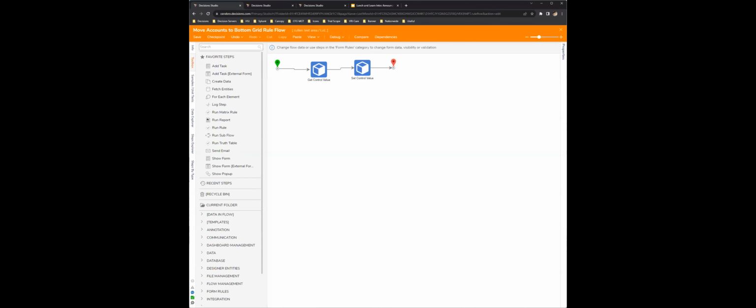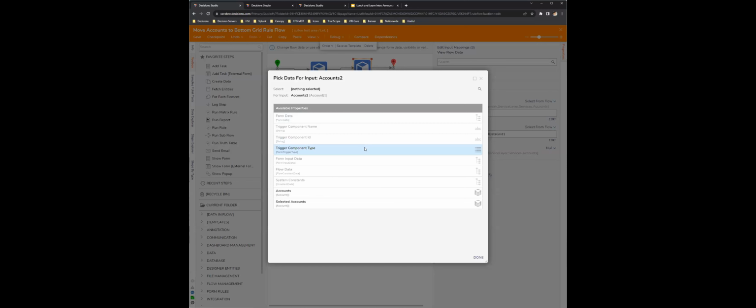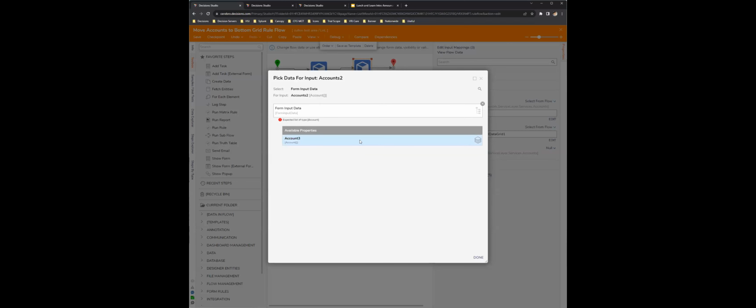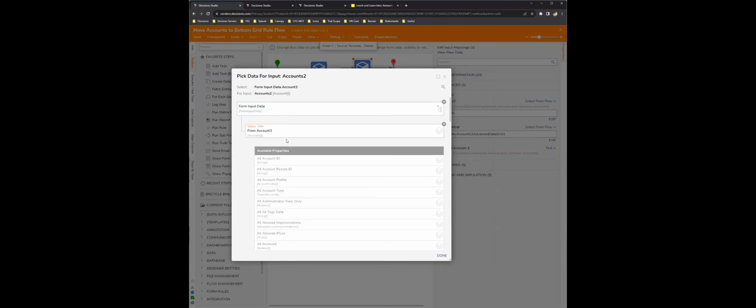And now we could see it here. So there's the form input data, right? And we see account 3 here.